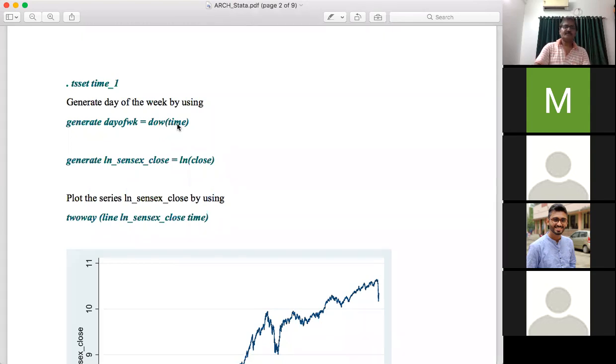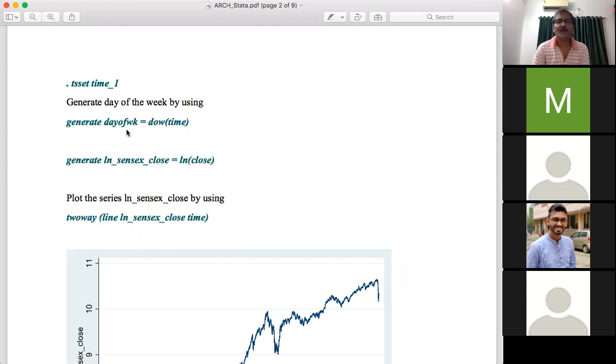Okay. Now look at the data browser once again. Another column is generated at the end with the heading DAYOFWK. This is the variable name. And if you go through this column, you can find the values 1, 2, 3, 4, 5, then again 1, 2, 3, 4, 5, in this way.